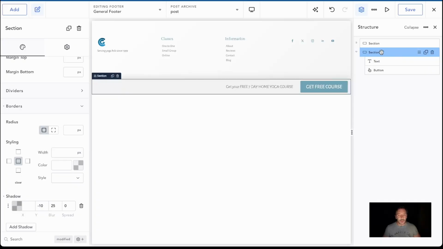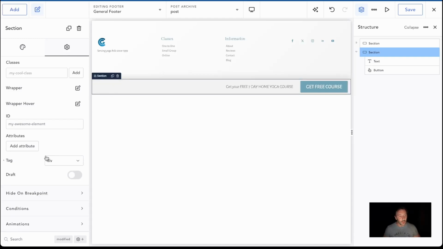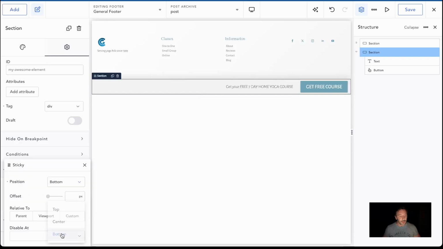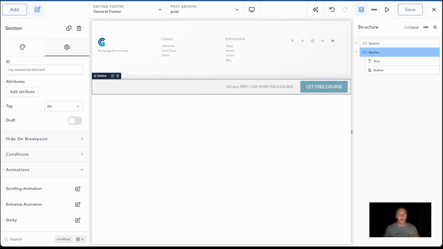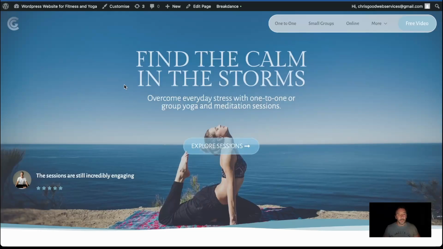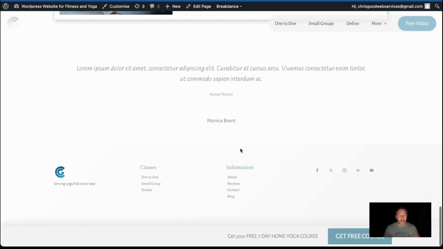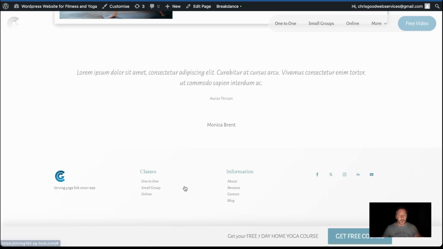Okay, all we need to actually do, it's not to make it sticky and to the bottom. We could, I can show you. Yeah, I'm going to show you, because you at first might think, well, we can just use the sticky function, and we should explore that just so that you can see how that works. Position bottom. Okay, and we can do that viewport and refresh. Okay, it's sticky, but it's a feature that's right down the bottom,